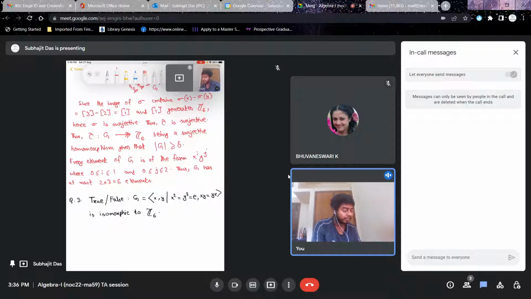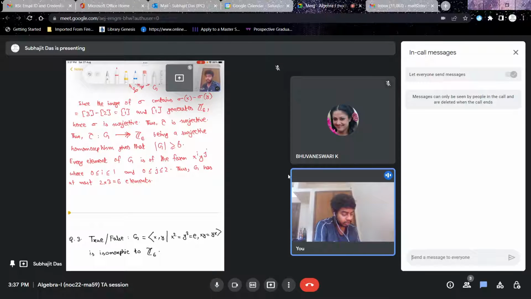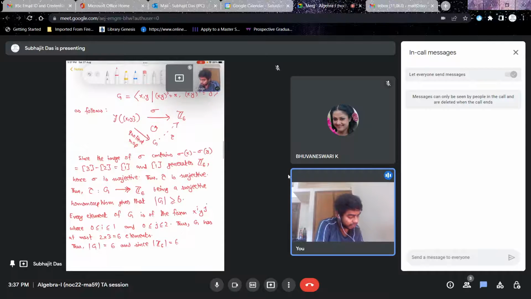So G has at least 6 elements, and we also have that G has at most 6 elements, right? So what is the only possibility? This means that G has exactly 6 elements. Thus the cardinality of G is 6, and since the cardinality of Z6 is also 6, and as we saw here that